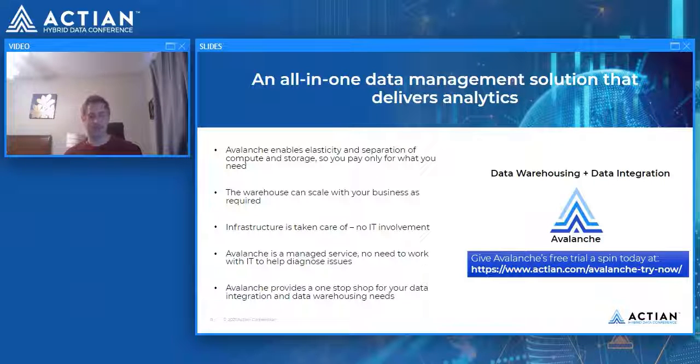No IT involvement from a perspective of managing Avalanche. Once your data is there and you start working with it, it effectively becomes very automated. If there are issues, we will work with your IT or with you to help diagnose them and fix them. So it's a really good thing there. And in general, this is a one-stop shop. So this gives you the ability to get to analytics faster,